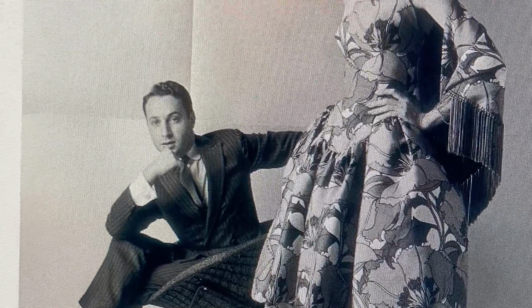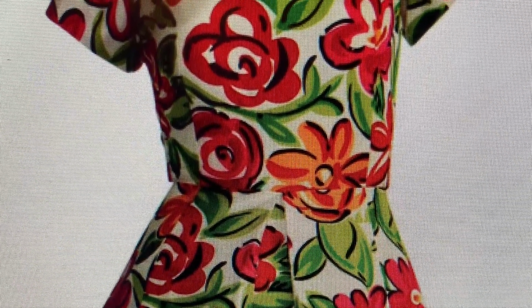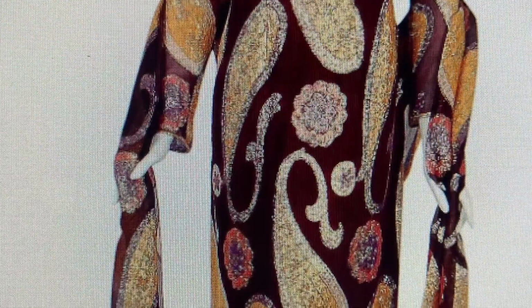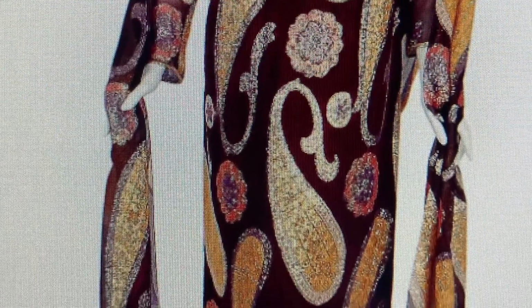Look at him. I mean, you can see why he won the Coty Fashion Critics Award. You can see why he won. Oh, that dress. Oh, that brooch. You can see why he won the Neiman Marcus Award. Just look at these, the textures, the